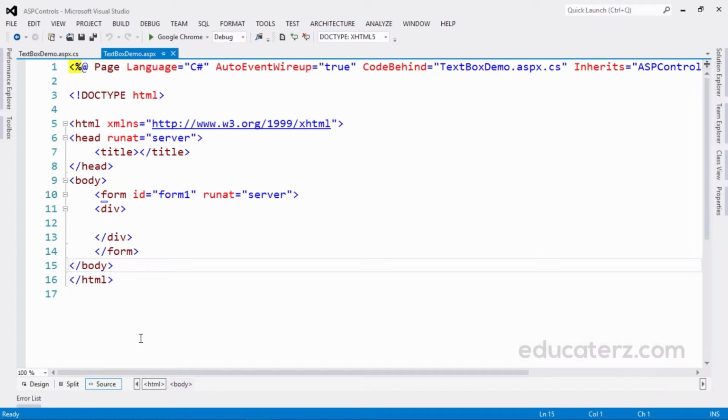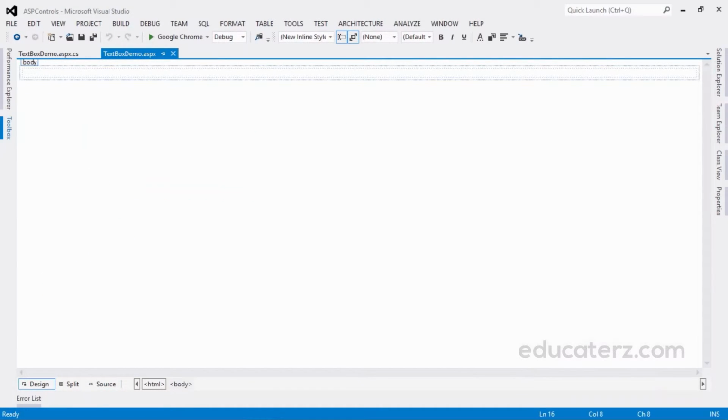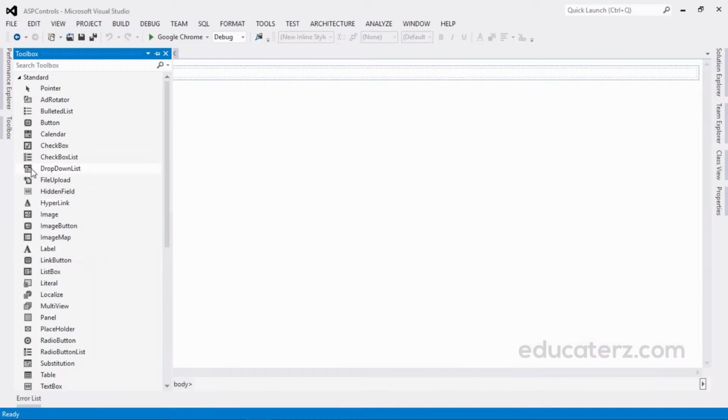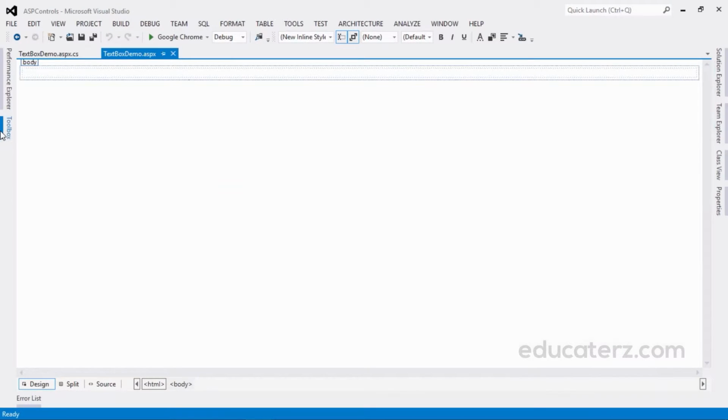We can drag and drop controls from the toolbox either to source mode or design mode of this page. If you don't find this toolbox, go to View, then search for Toolbox. You can get it. And then you can see these buttons, auto hide. If you click on this, it will get auto hidden.